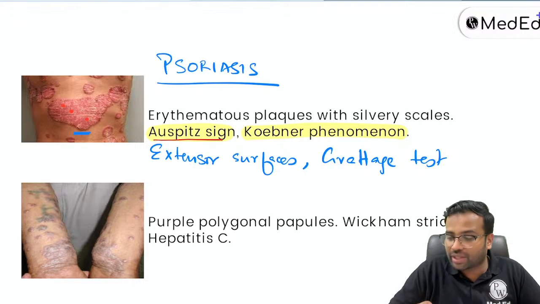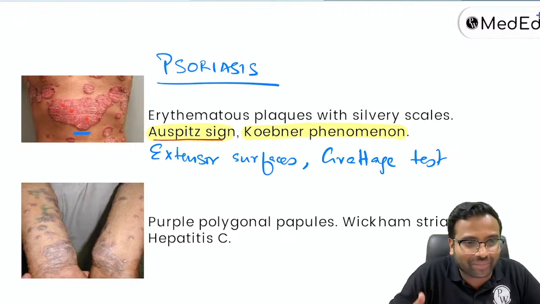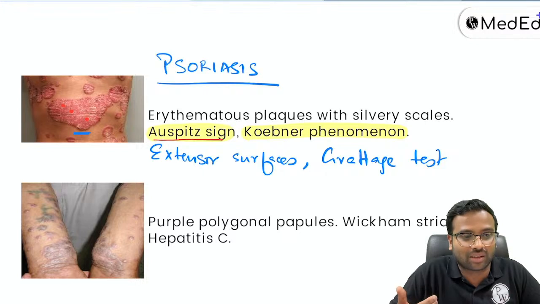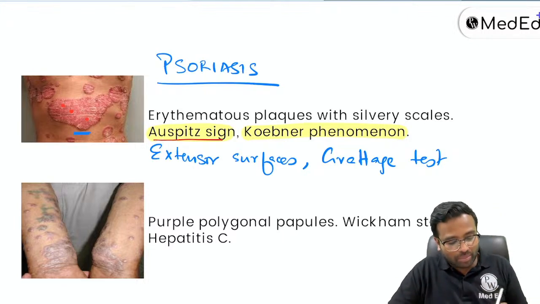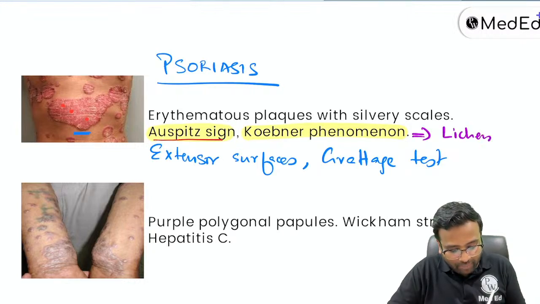So any patient, yeah, somebody is speaking. Go ahead. New lesion on the... New lesion, correct, at the site of trauma. Okay, so whenever there is a trauma, if the patient develops a new lesion, it's called as a Koebner phenomenon. So Koebner phenomenon, this can be seen in multiple diseases like lichen planus,